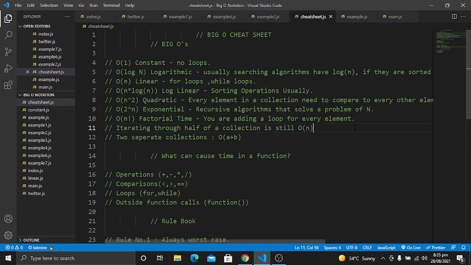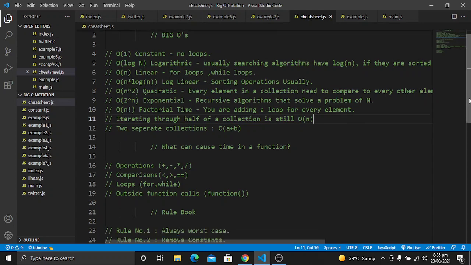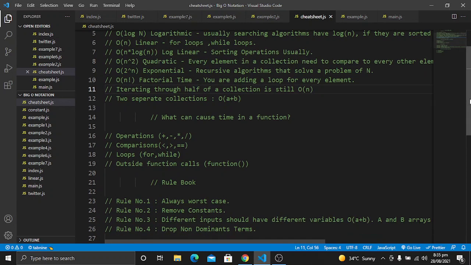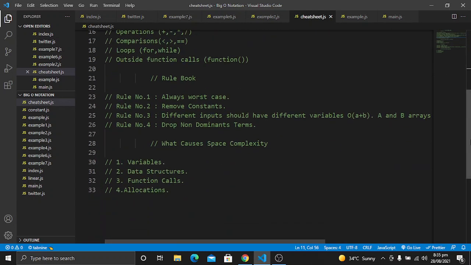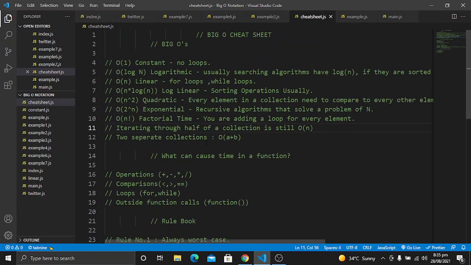So what can cause time in the function? As we discussed earlier what causes space complexity, now what causes time in the function? Why does our function take time to perform?